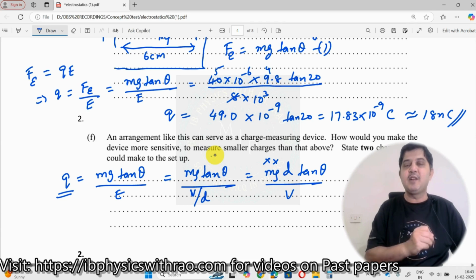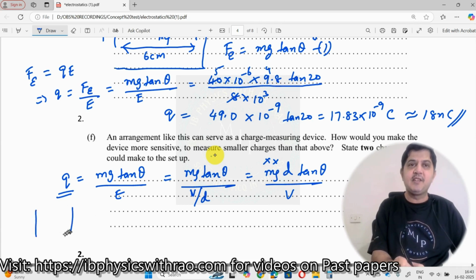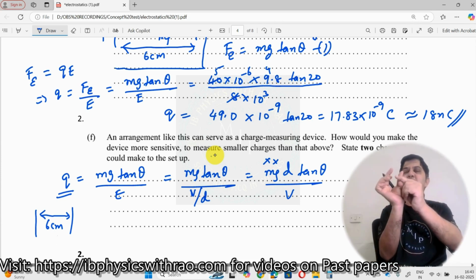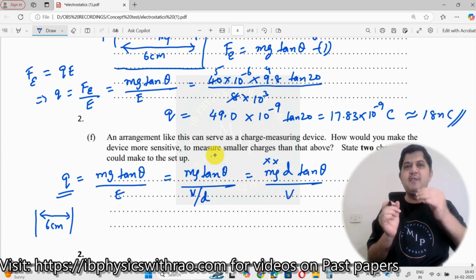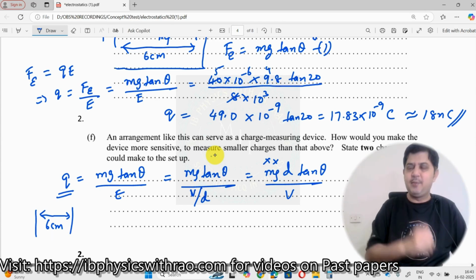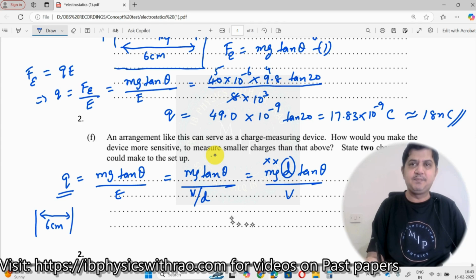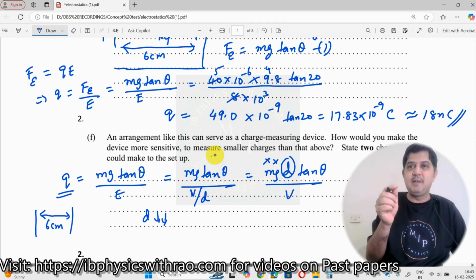Okay, d. What is d? If you take two plates, in this arrangement the two plates are kept at a distance of 6 centimeter. 6 centimeter is this much big. Do we need this much? I don't think so. So why don't we reduce this? Can I reduce it to 1 centimeter? Possibly. You can always reduce the value of d. So d can be reduced. If instead of 6 centimeter I put 3 centimeter, I can determine a much lesser value of Q, maybe around 9 nanocoulomb. Good result in that case.